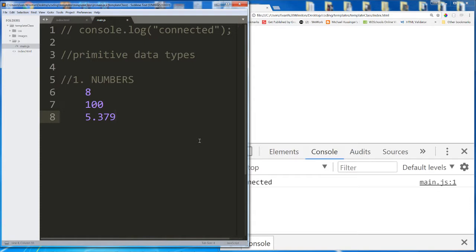Numbers can be negative, they can be decimal, they can be anything that has a numeric value. It can be 0. Anything that has a numeric value is a number. It does not have to be a whole integer or anything like that. Numbers. Second one